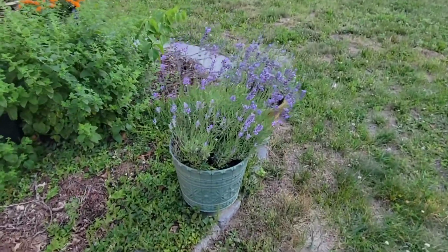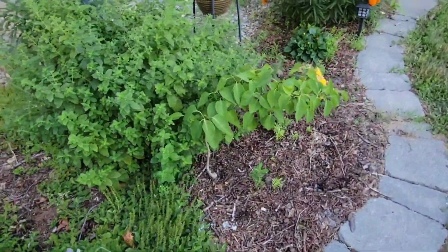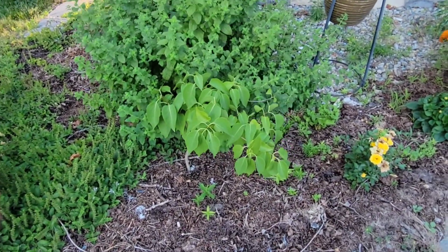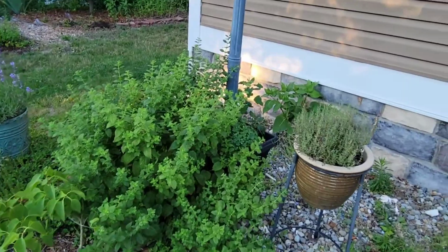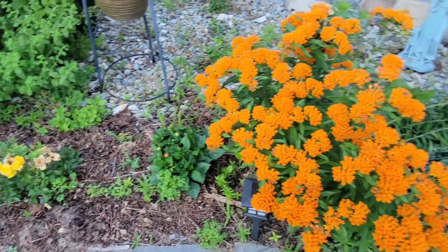Let's see what's over here. We have some lavender in pots. We have a lilac. This is a lilac that was gifted to me by a friend. I planted it in the spring this year, so I think it's going to do well. And lemon balm, more thyme, and a small rose, some more